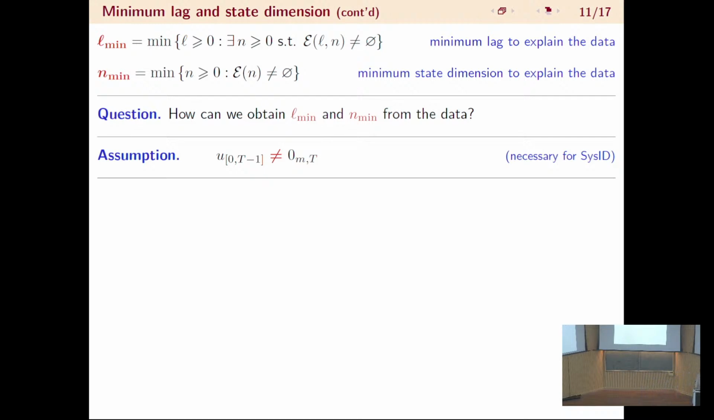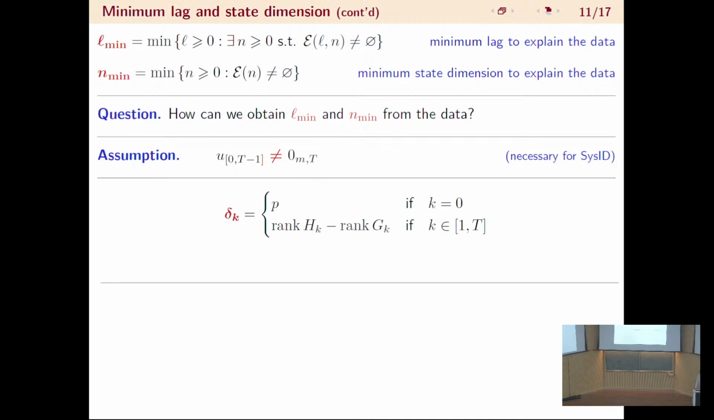Well, we will immediately see why I make an assumption of this sort. It's not essential, but it just makes our lives easier. And it is because of the definition of these integers. Now I define